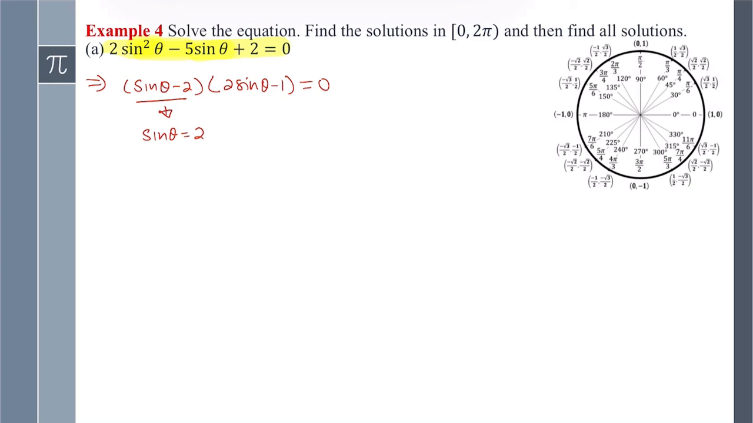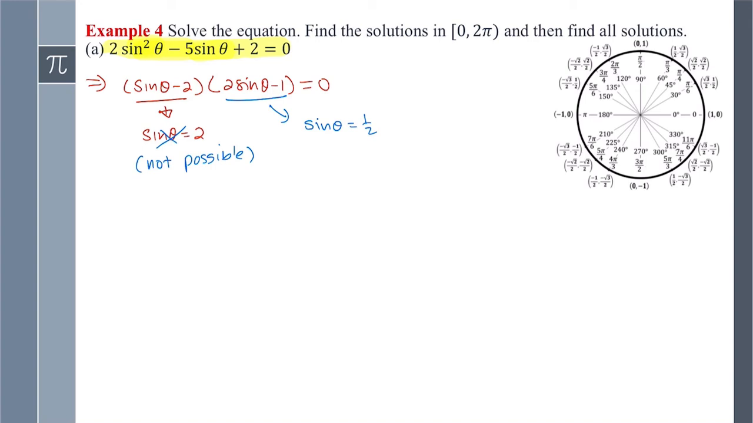So this means this one is not possible. Sine theta cannot be greater than 1. So from here, if we set that equal to 0 and solve for sine theta, we get sine theta equals 1 half. And we know that sine theta is 1 half